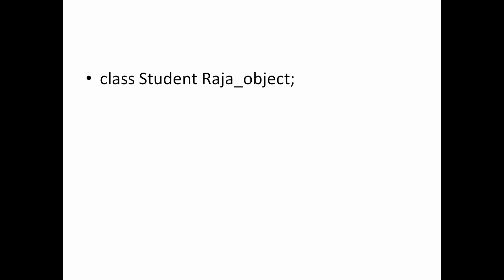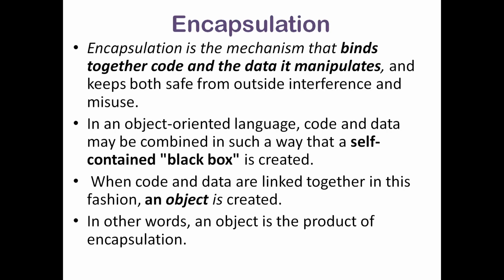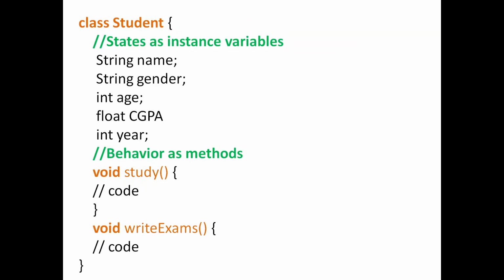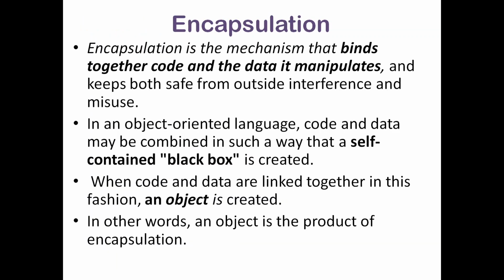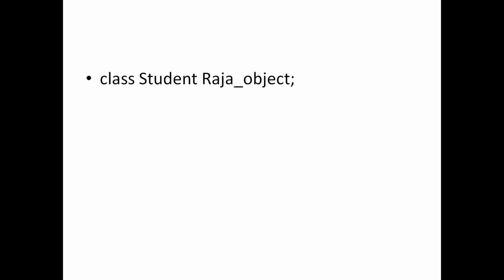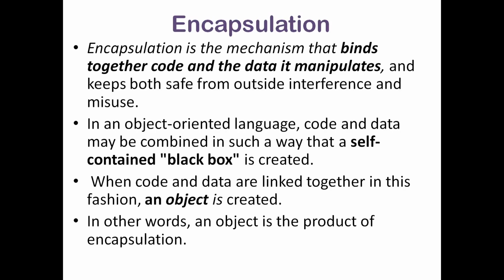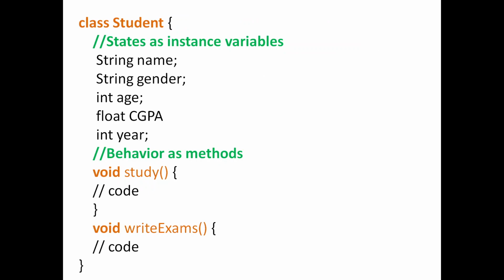I'm going to show a little more example to understand this point. Let us say I'm creating an object out of the class student, the class we just now defined. For that I want to create a new object. That new object is to represent a student called Raja. So I'm just naming it as Raja underscore object. So I have created a new object. Now this object is capable of accessing all the members of the class, which means it can access all these data members and also these two methods.